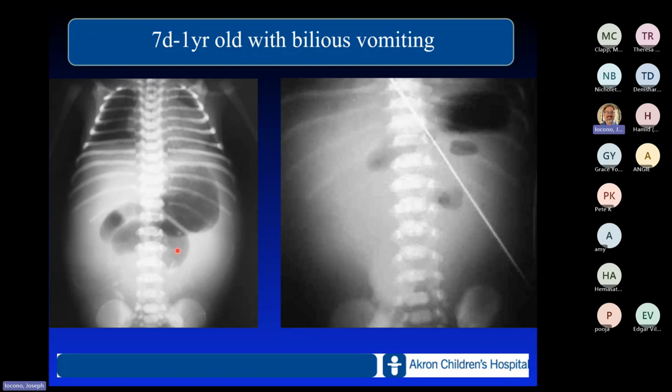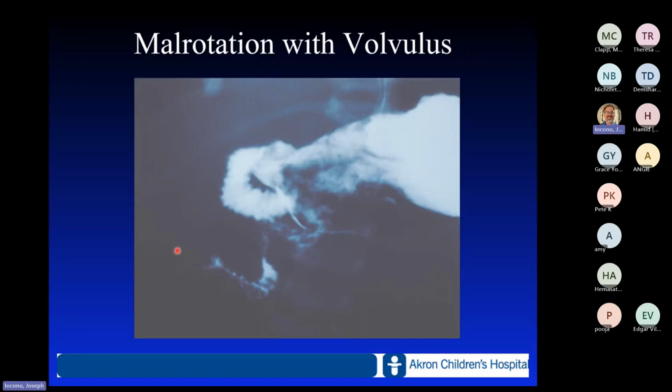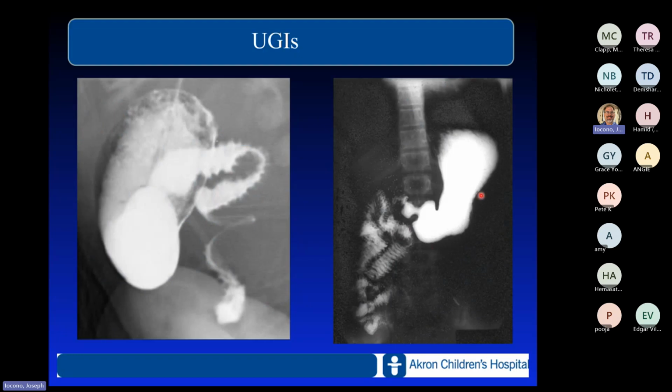It's about the first day or two of life, and now they're sick. So this is going to be the presentation for malrotation with midgut volvulus. This is an upper GI just showing a corkscrew, a couple more upper GIs. This is an upper GI with a corkscrew, the duodenum, and a blockage. This is an upper GI showing a malrotation, probably doesn't actively have a volvulus at the time of the film